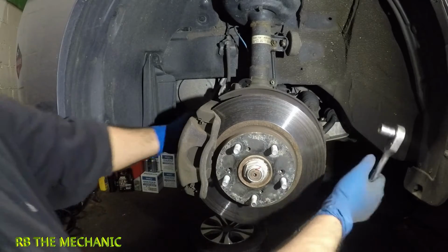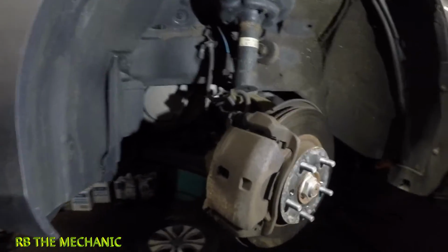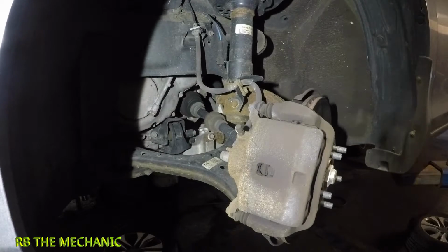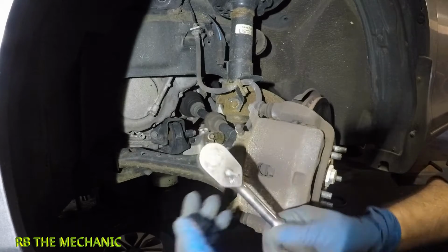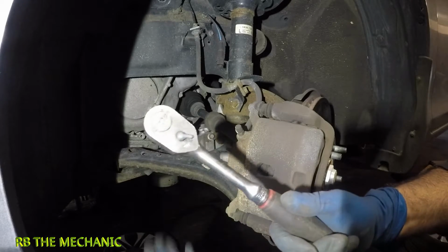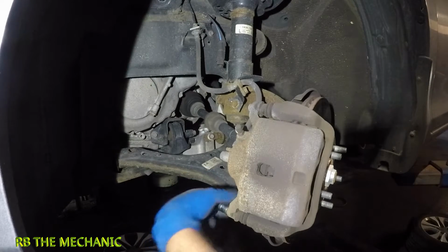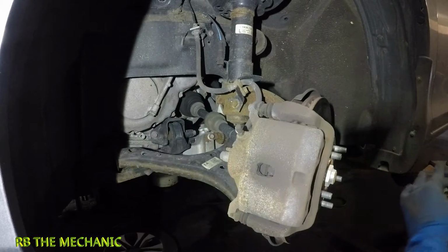Leave your key in the ignition so you can turn this a little bit. Once you're able to turn, right back over here guys, let me bring my light over. Right in the back over here, you will have a bolt, a number 12 millimeter socket with the ratchet. Put it on and off. If you look from that side, it has to go counterclockwise. Just take off one bolt only, guys, in this case. And what you're gonna do is remove this little guy,